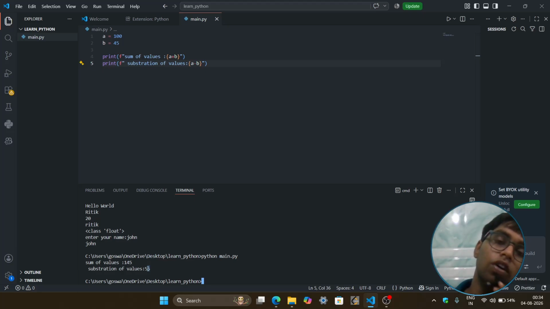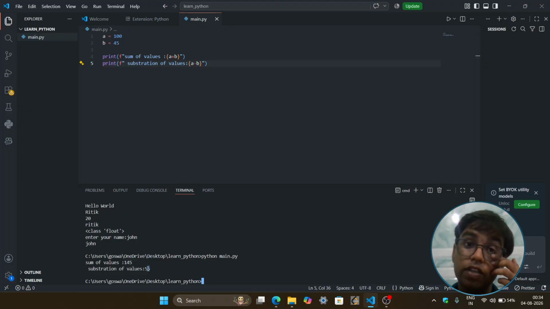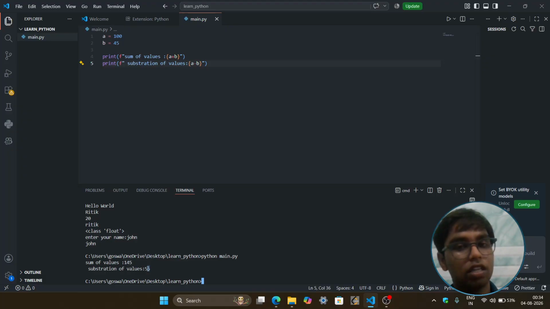Now a basic task for you guys is to build a calculator, like I told you just now, which takes input from the user and performs subtraction, summation, multiplication and division, these four functions. And also build a program which takes user name, user age, and prints welcome, dash, the username which the user will provide.